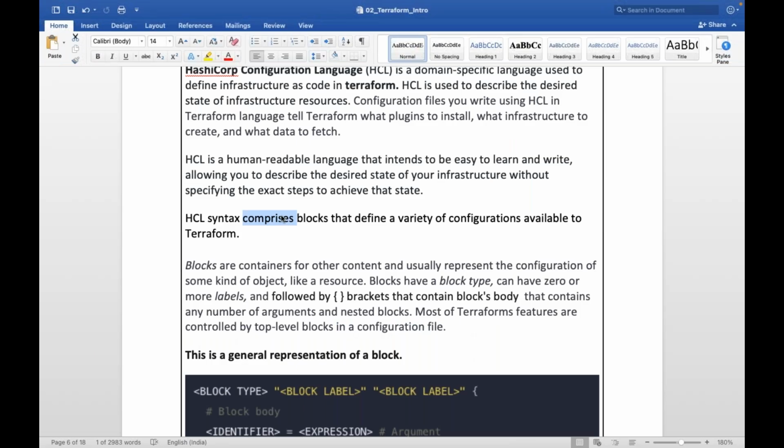HCL syntax comprises, which means contains, blocks that define a variety of configuration available to Terraform. You can define various configurations in Terraform using those HCL blocks.